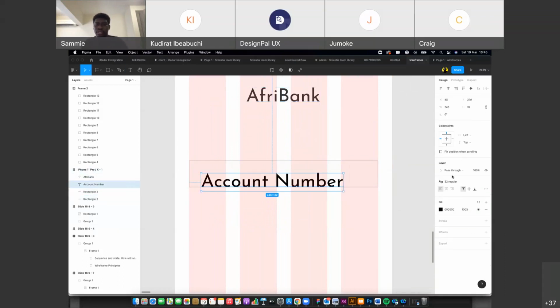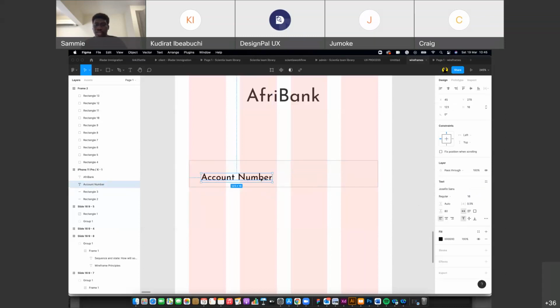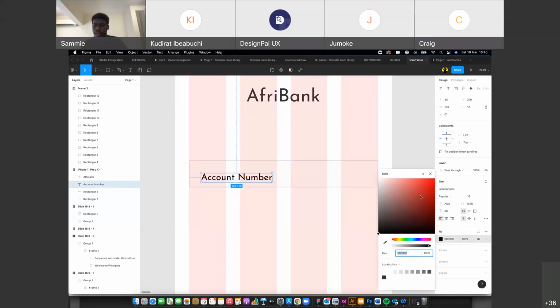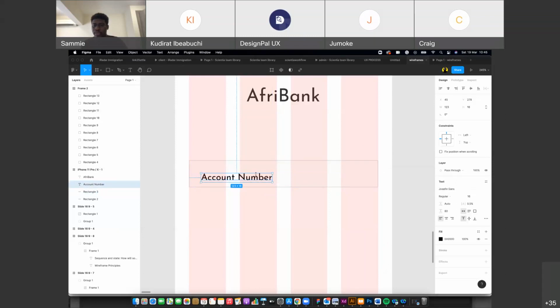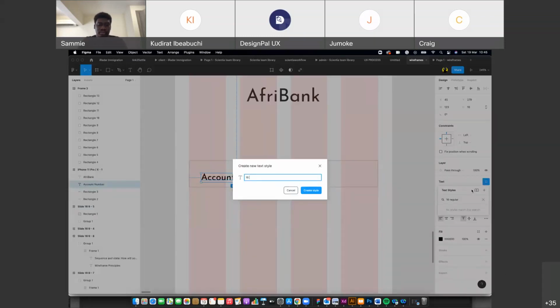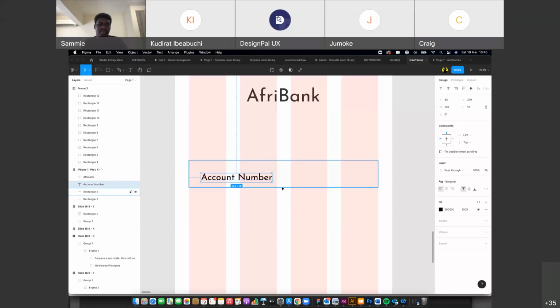I think we've created 32 for this. And I think I want to detach this and create a new one. Mostly 16 fits the font style for this. And I could say 16 regular. Yeah, I could actually create that. We can have 16 regular to create. And we create a style. So